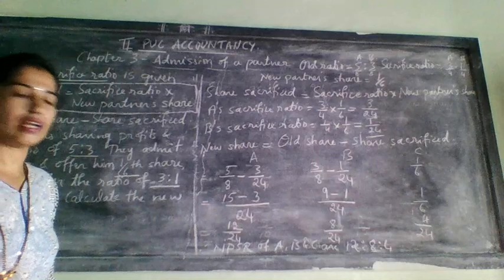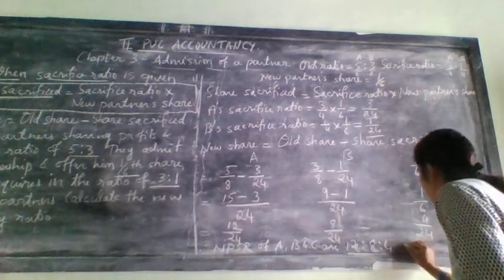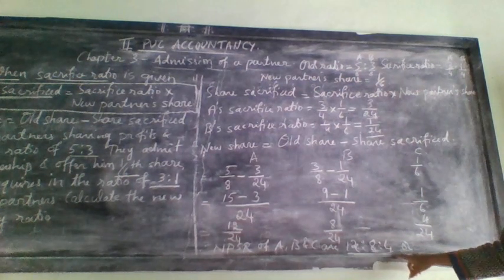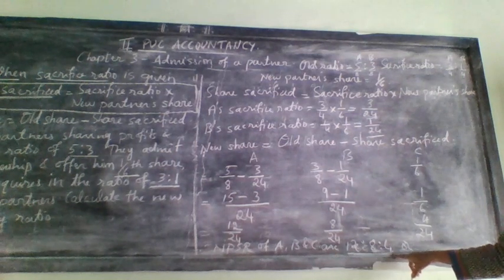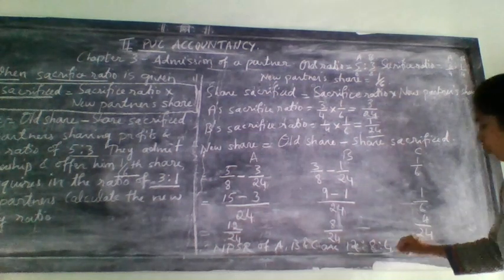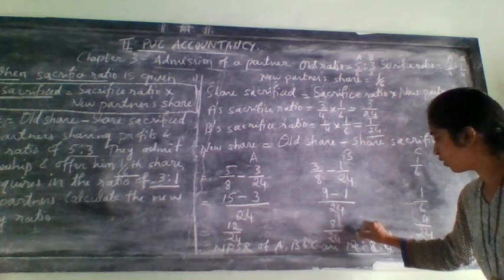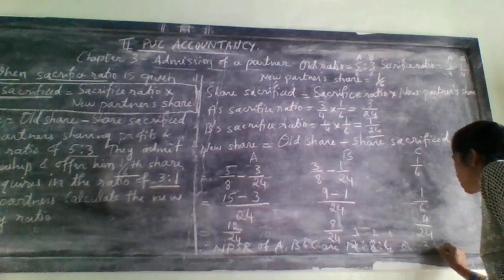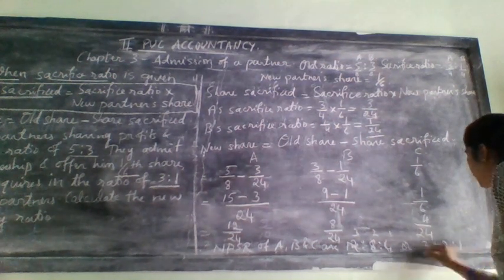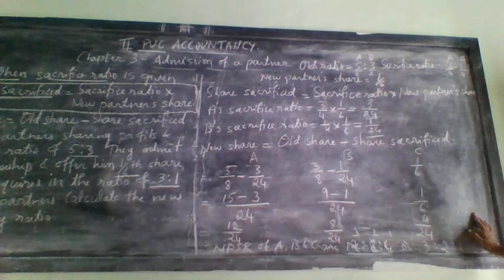You can simplify it. Can you simplify this? You can. Why? Because all the three can be divisible from which number? Even it can divisible from 2 also, or else you can take a higher number, that is from 4 it will go. 4 ones are 4, 4 twos are 8 and 4 threes are 12. So the new profit sharing ratio, how much it will come? 3 is to 2 is to 1. This is what the new profit sharing ratio of A, B and C.